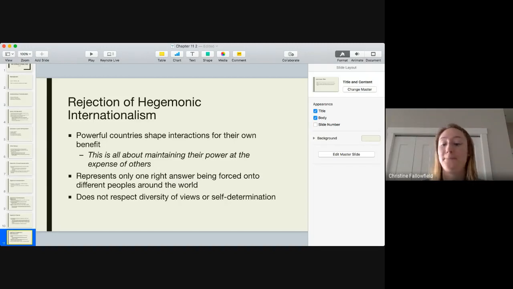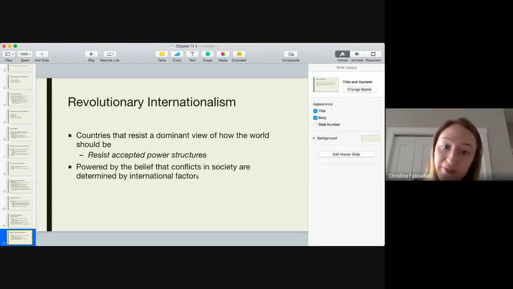Our final type of internationalism that we're going to touch on today is revolutionary internationalism. And if you were to think about these types of internationalism, you have liberal internationalism as what we would all love and cherish if everyone could be equal and joyful, and you just want to bake a cake and put your emotions in it, and it's great. But you've got hegemonic internationalism, which says let the powerful be powerful, let them be in charge. And opposite to that, you're going to have revolutionary internationalism.